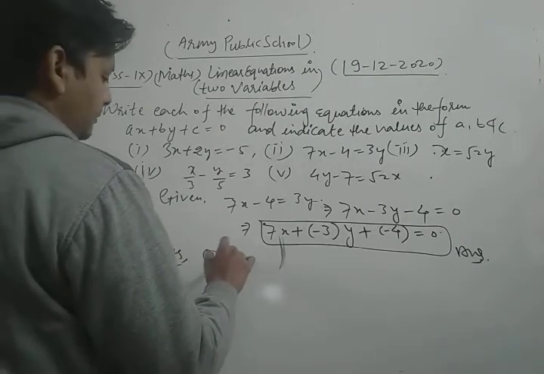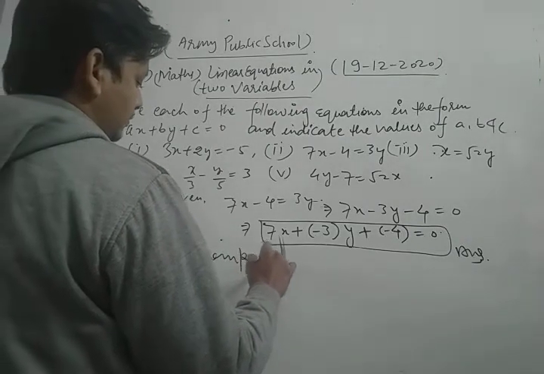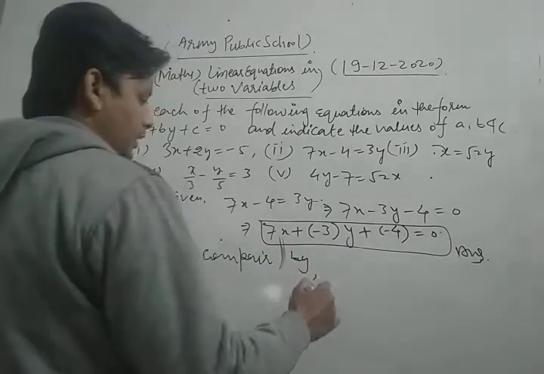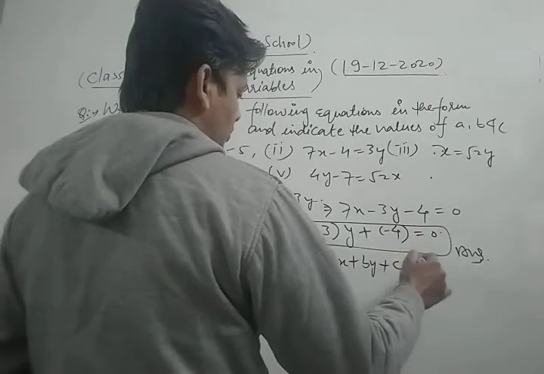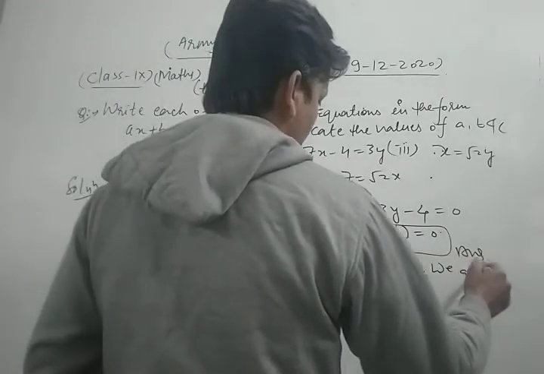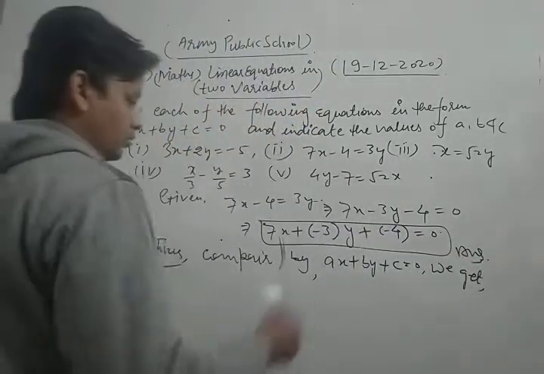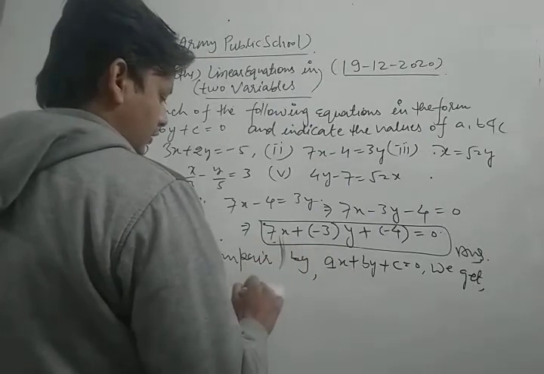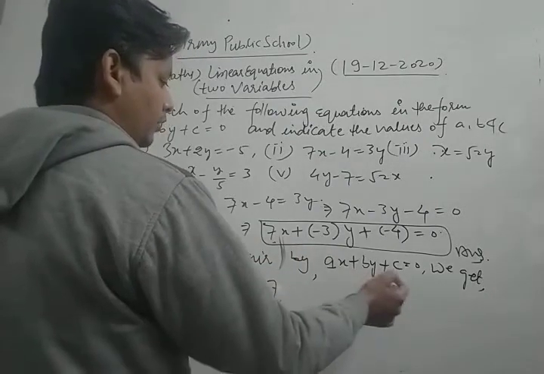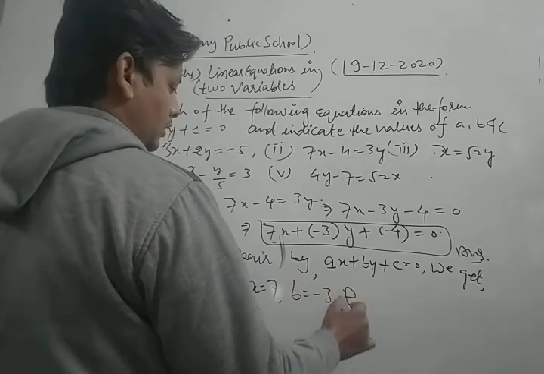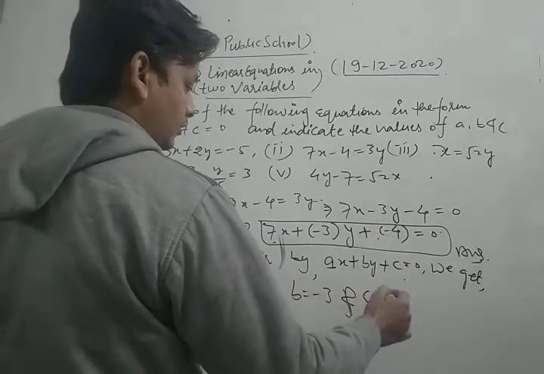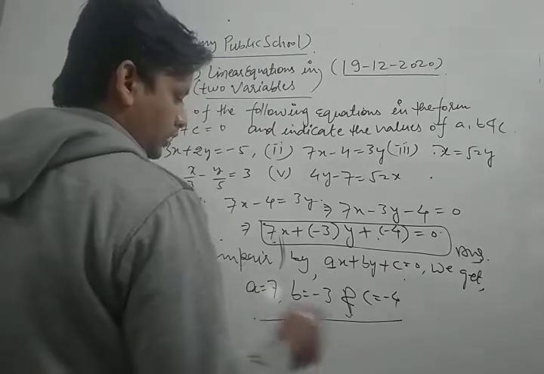Thus we compare with ax plus by plus c is equal to 0. So the value of a is 7. The value of b is minus 3. And the value of c is minus 4. These are the